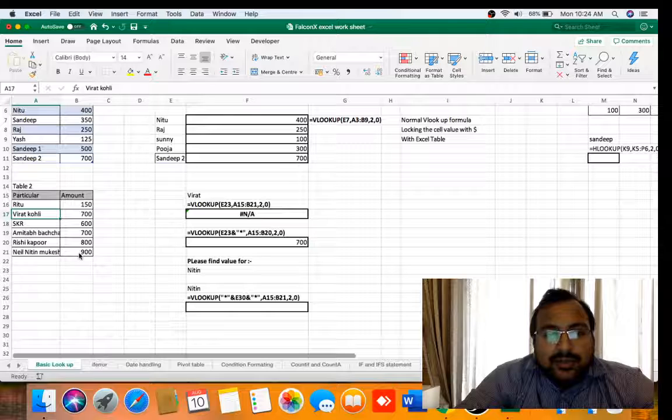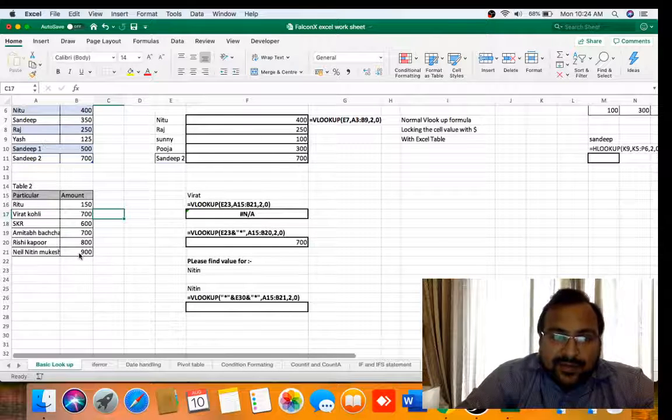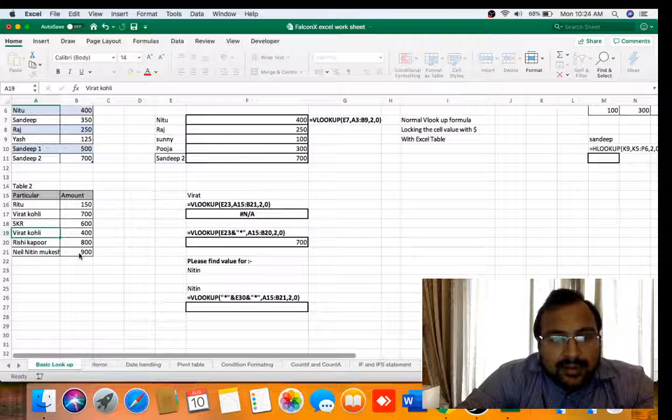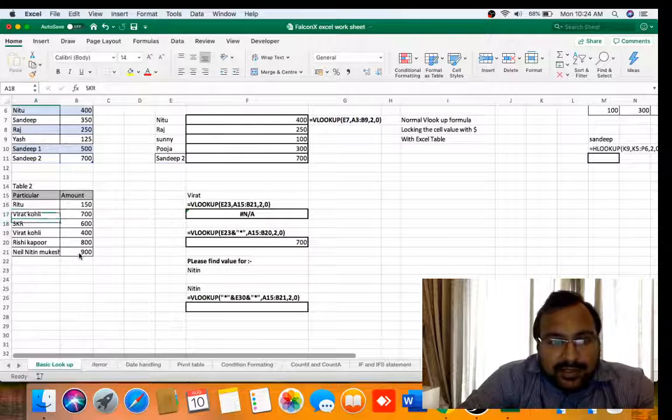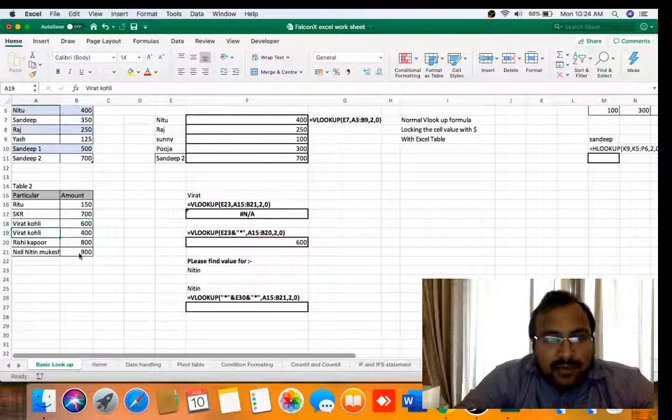Here one more thing to note is that VLOOKUP always considers the first value in the lookup. For example, if I write 400 here, then also it will not consider. And here if I write SRK, it will always consider the first value. As you can see, 600.